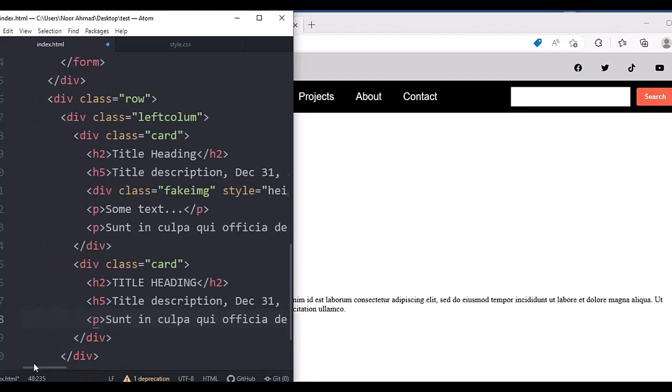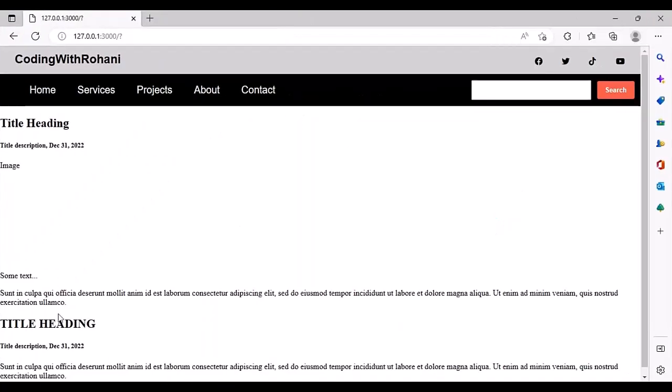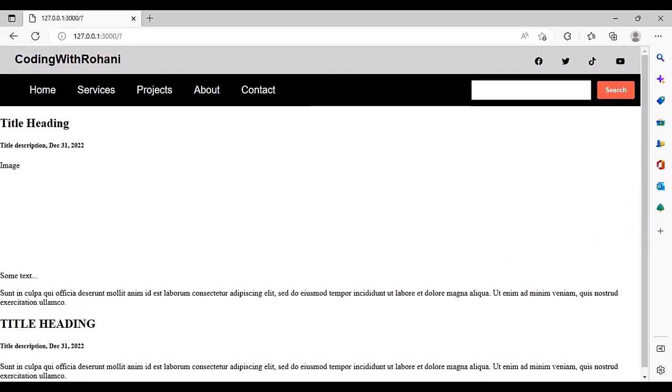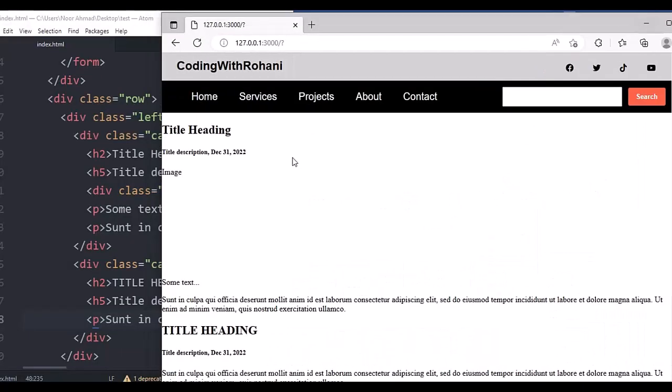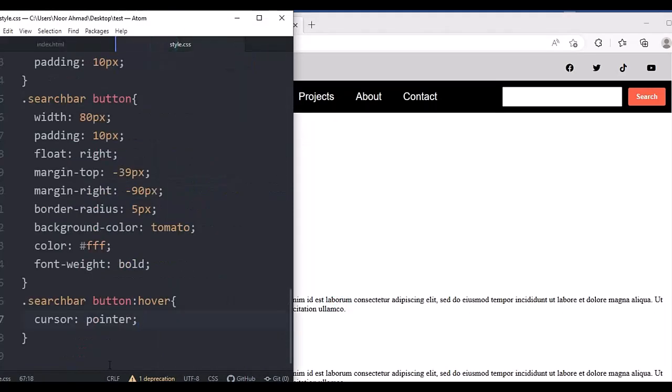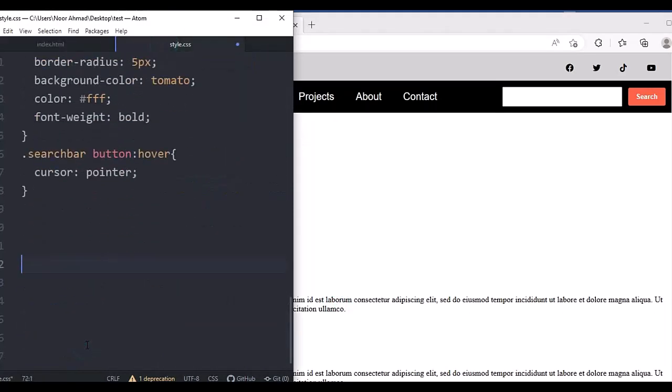and that's it. Now when I save this, this is the second section of our web page, second post of our web page, or second column of our web page. Alright, so that's it. So now we are going to add some style into this. So let's jump over to the style sheet, and here I'm going to target the left column,